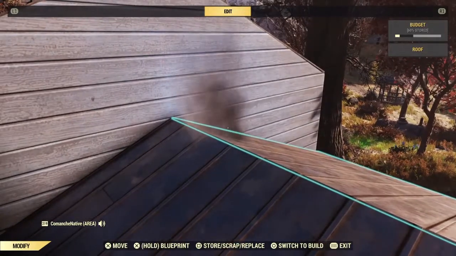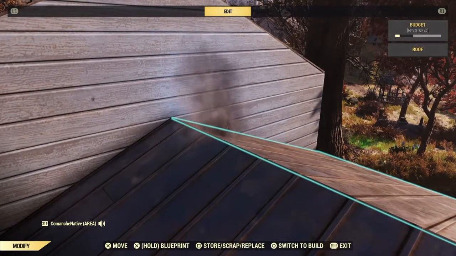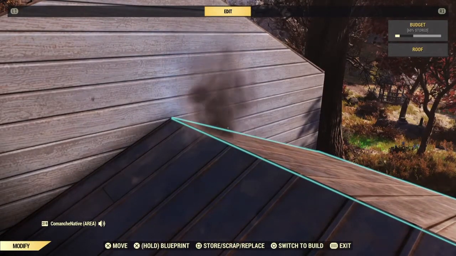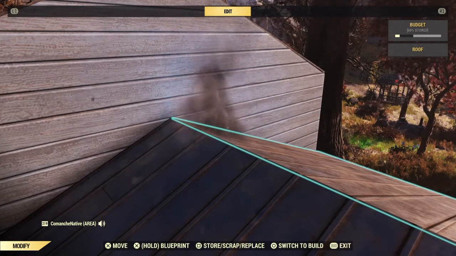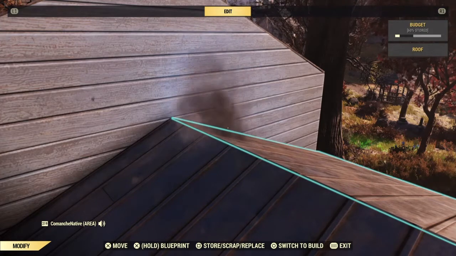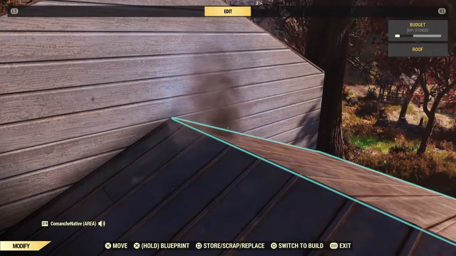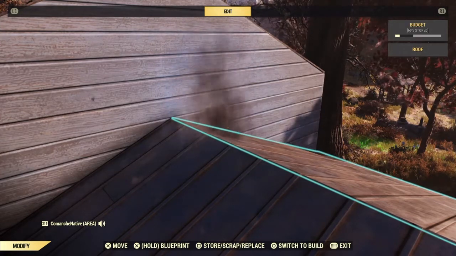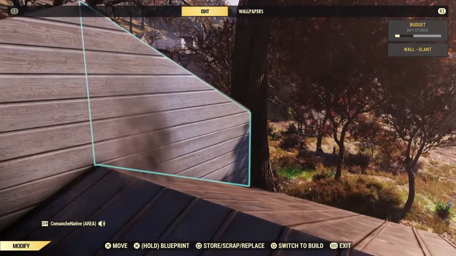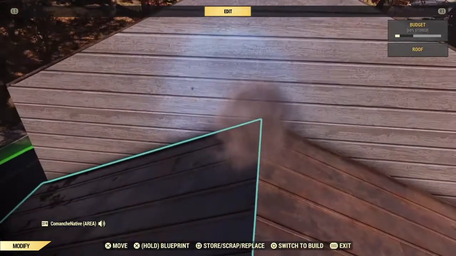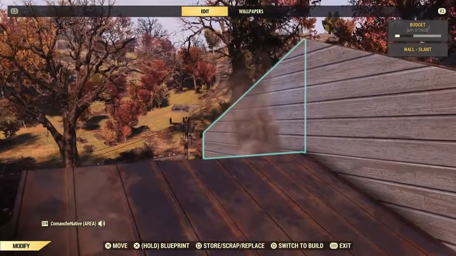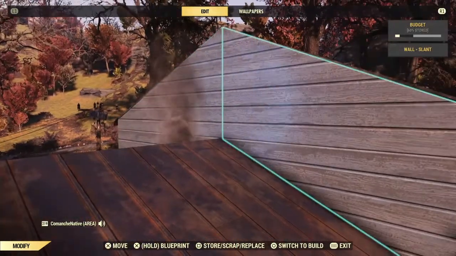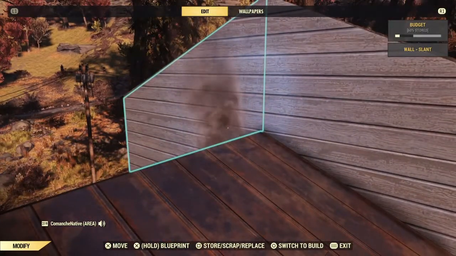Now see, this is where my suggestion of having a chimney comes in. I think it would be kind of nice. You can see a little chimney popping out here and having smoke come out just to give that effect like this is a place where someone's living. But yeah, that's what I think is kind of cool. Or it kind of looks like your house is burning and it's on fire, you know? Either way,